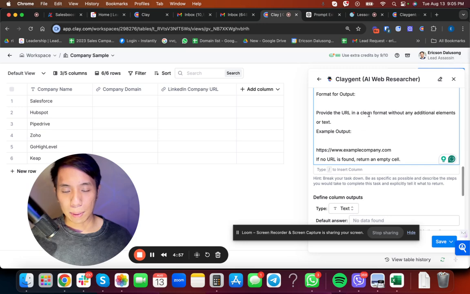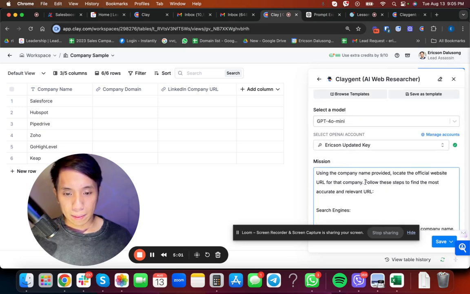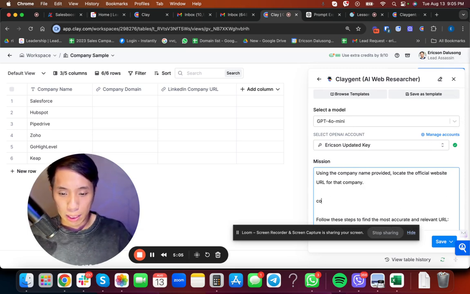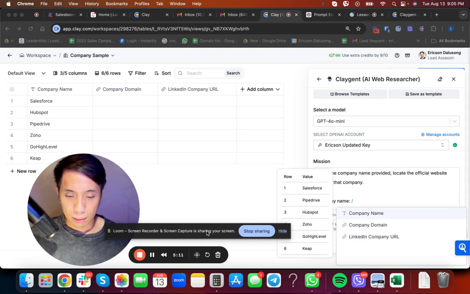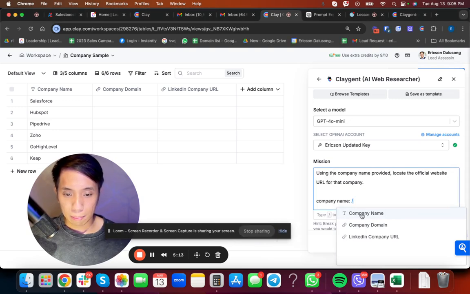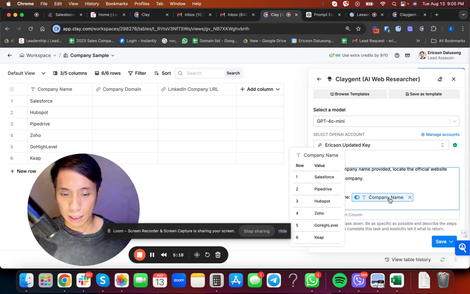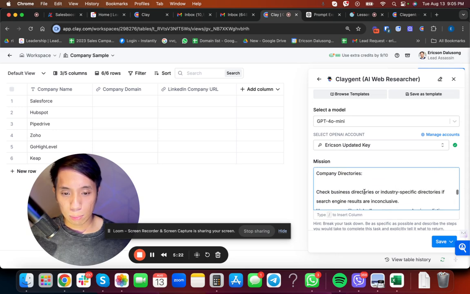I'm just going to copy and paste it here, and make sure that it captures the company name. We're going to map out the company name here in this section, so it captures the data from this column. And then this is the full prompt.